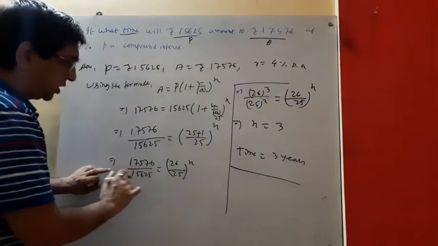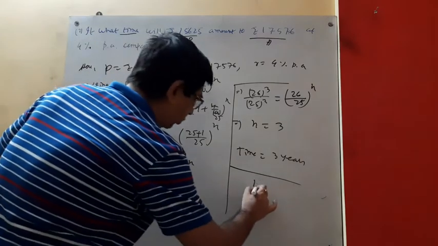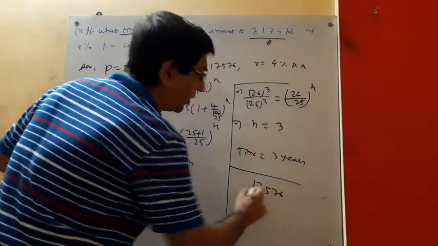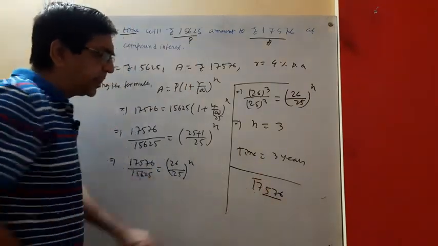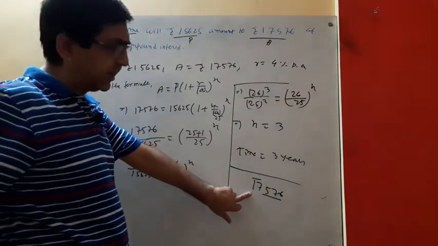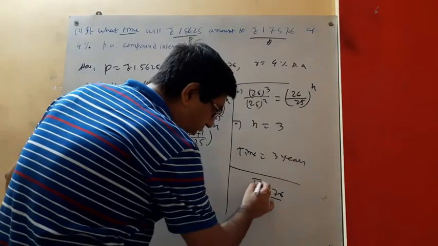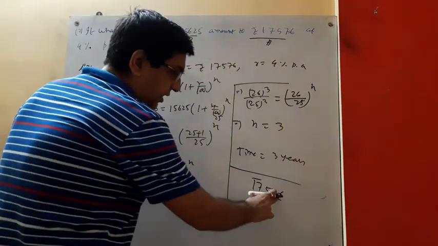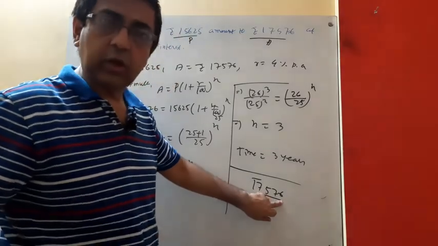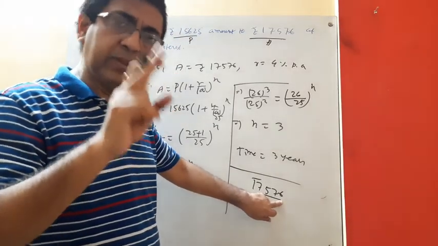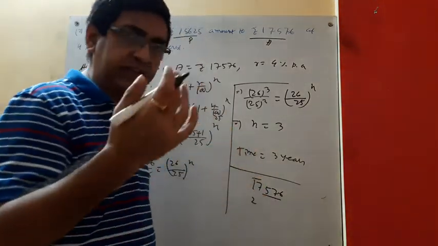If it is a calculation, look, 17576, you have already done in class 8. So these three portions and this portion. So what is the nearest cube root? 2 cube is 8 and 3 cube is 27. So for this, the cube root is 2. And for this 576, look, at the unit place, this is 6. So 6 cube gives 6 in the unit place, that is 216.